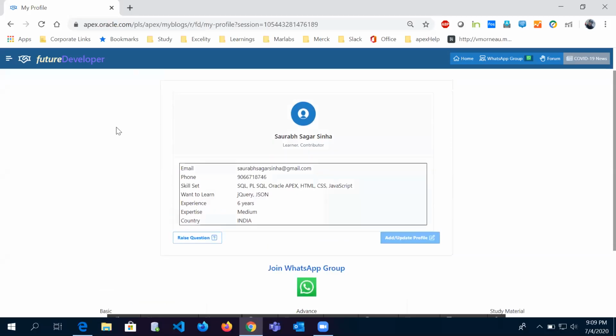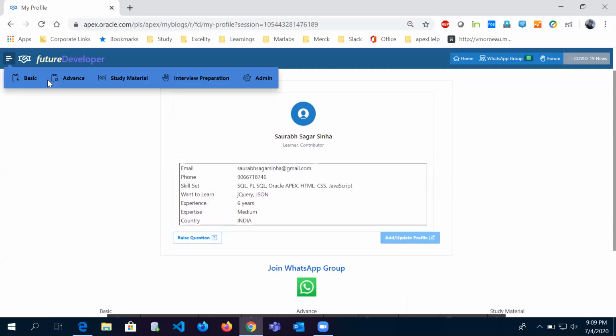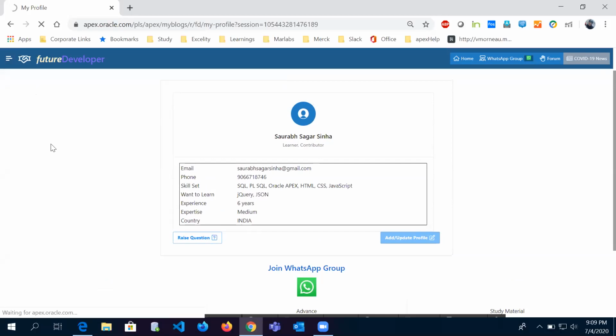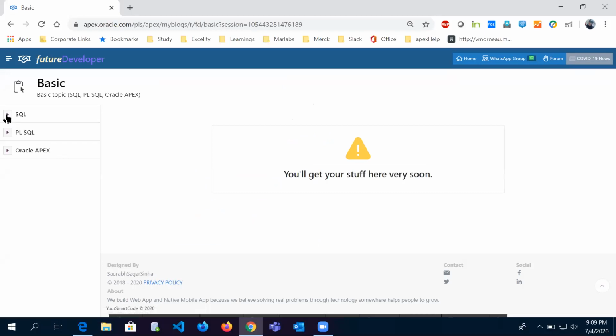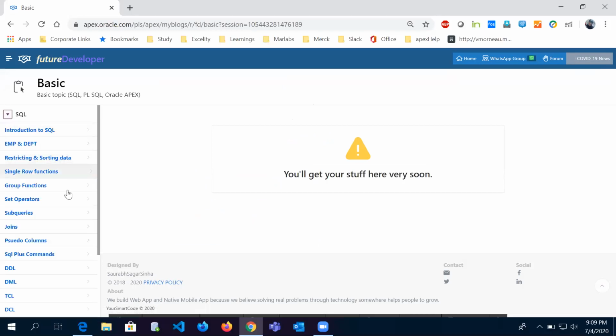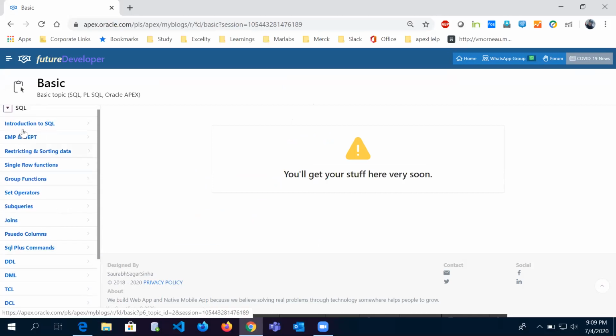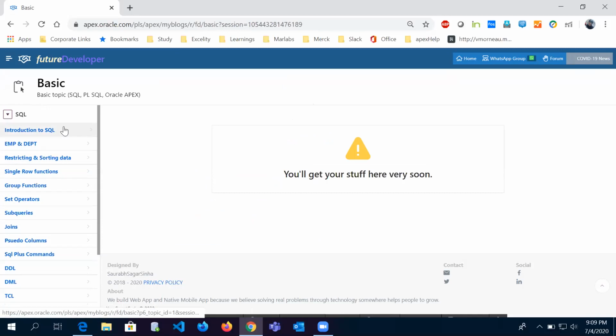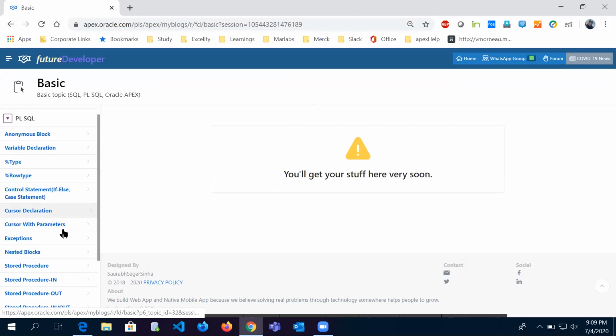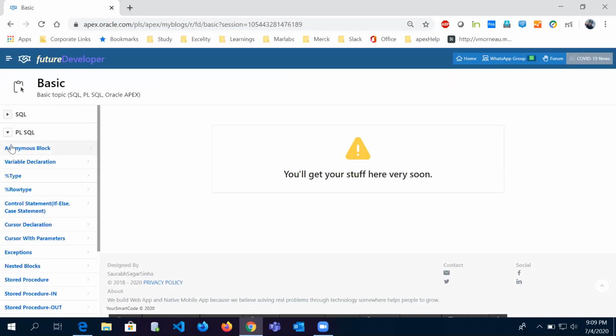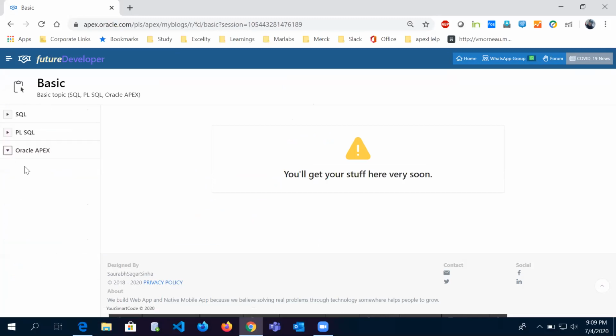Once you create your details, you will get all these tabs active. Here is the basic stuff. So these are the topics we are going to take in this basic syllabus. You can see all these things. SQL, these are the topics in SQL. These are the topics in PLSQL. And I have not updated the Apex topics, but once they get updated, you will get those topics here.